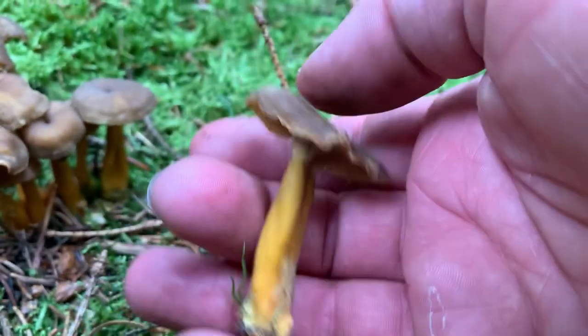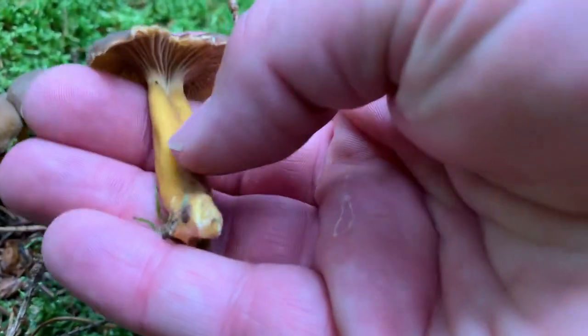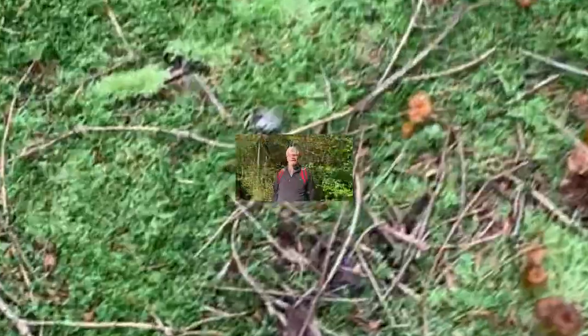Lovely colour to them underneath the legs. The legs are hollow. But on the top they look incredibly like just any other little brown mushroom, but very tasty. You'll hear about lots of rules relating to mushrooms, from don't eat blue staining mushrooms to don't eat white